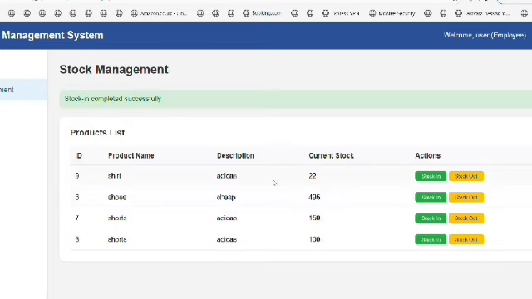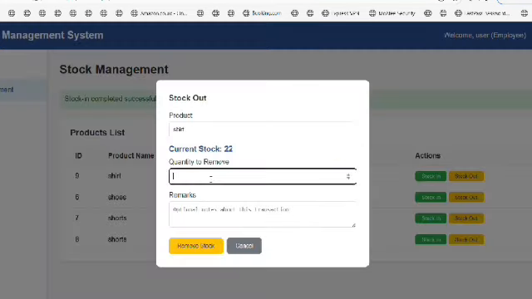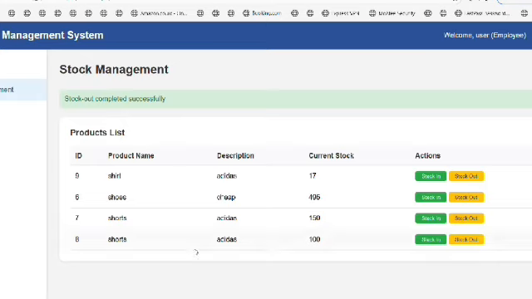And the second one is stock out. If some stock was taken, for example 5, we can remove the stock, and it's already subtracted, and the current stock and the earlier stock.